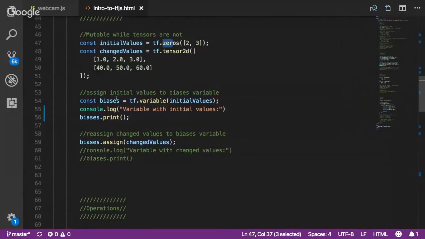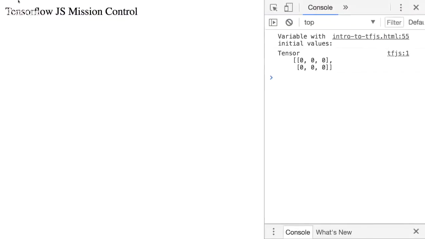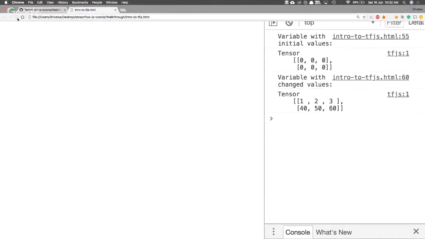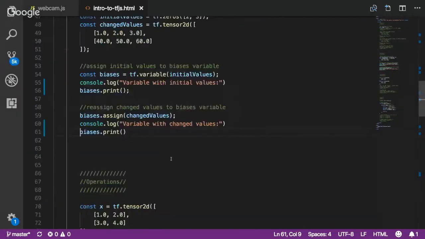So now, if I were to reassign the variable with change values, this is something you can do because this is a variable. Then you can see that the variable changes from 0, 0, 0, 0, 0, 0 to 1, 2, 3, 40, 50, 60. Right? So those are variables and tensors. Variables are mutable, tensors are not. Next thing,